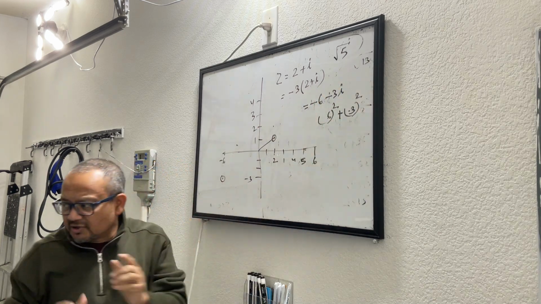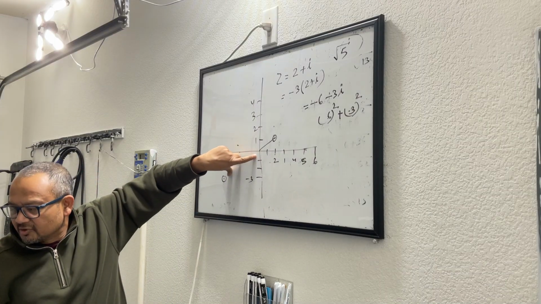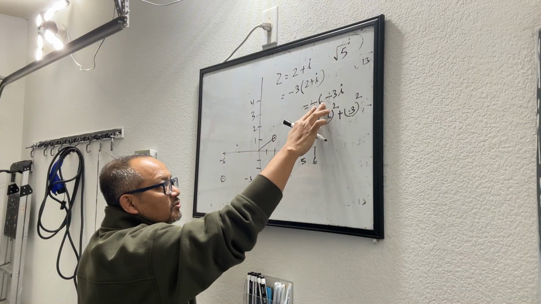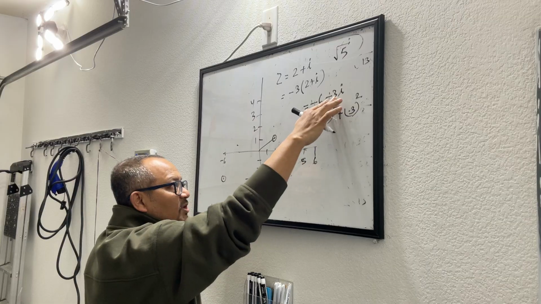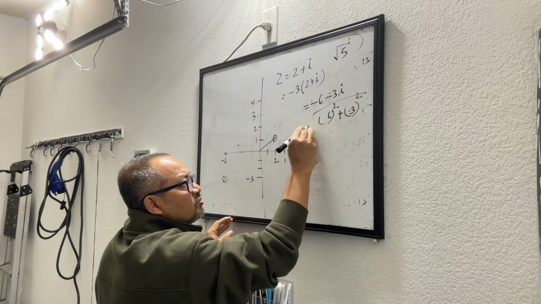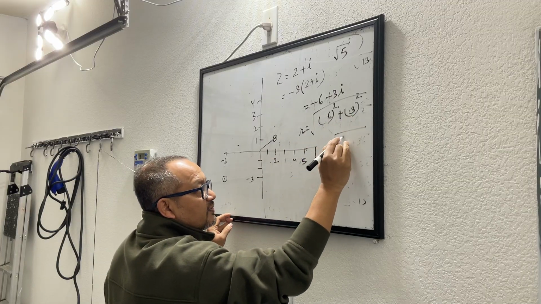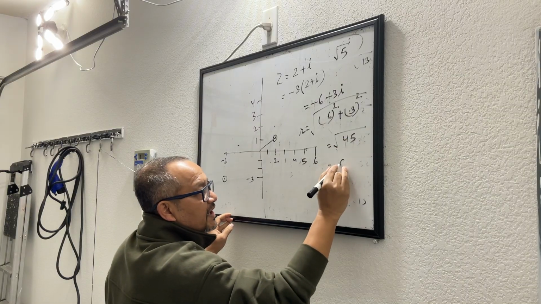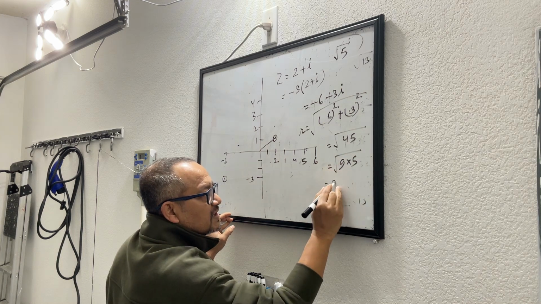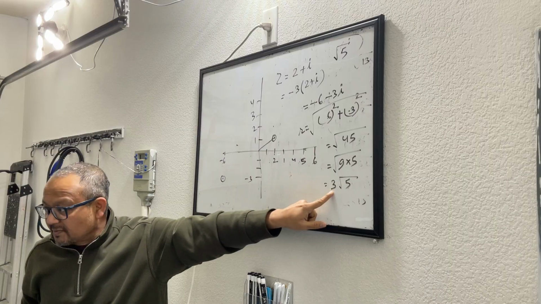The magnitude is nothing but the absolute length. So 0 minus 6 will become plus 6. So let's not worry about the sign here. You will just take the absolute value of this and absolute value of this, square them. So the new magnitude is 6 square plus 3 square. That is 36 plus 9, 45. You will take 9 out, 9 into 5, which is 3 square root 5. So your magnitude got multiplied by 3,